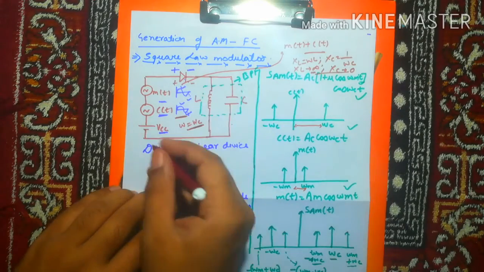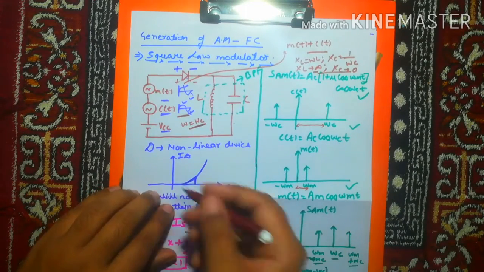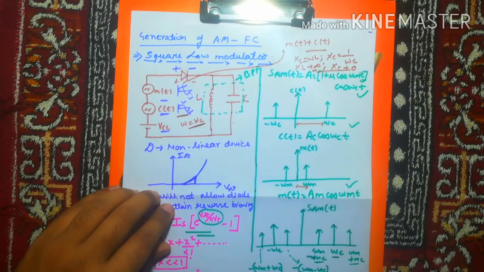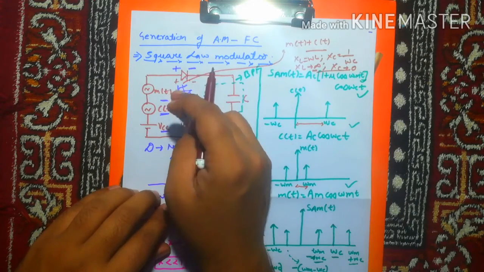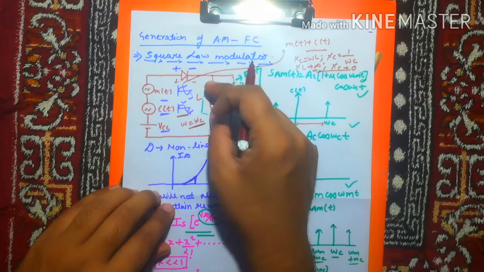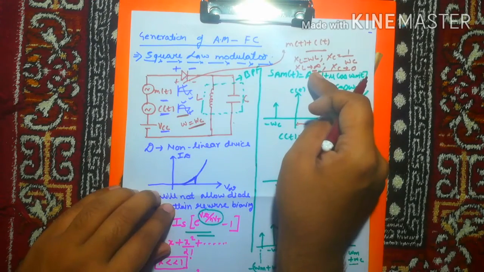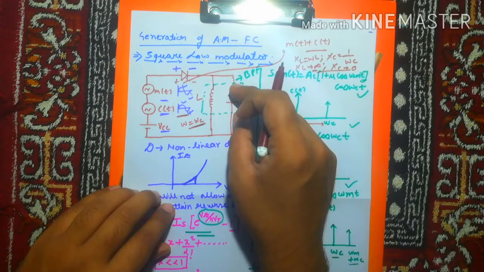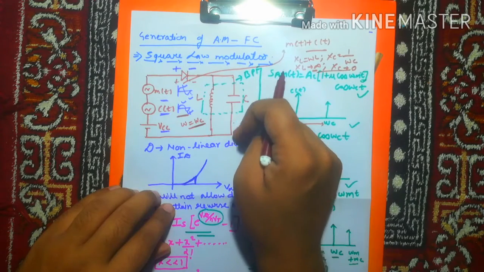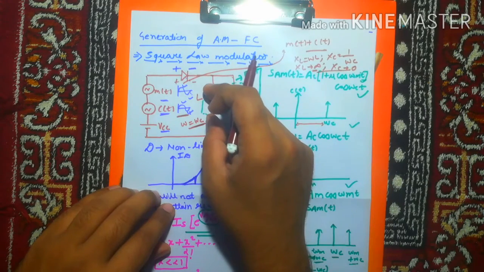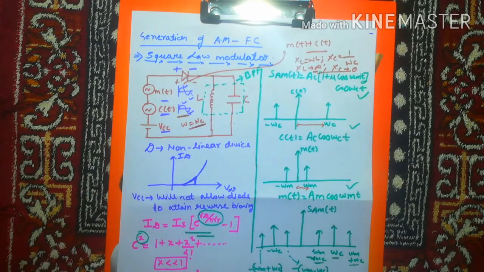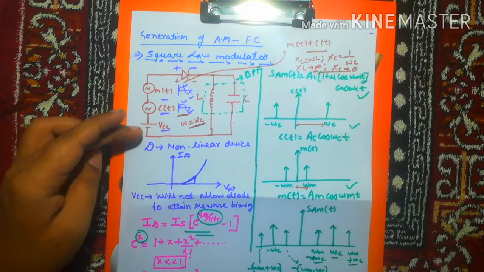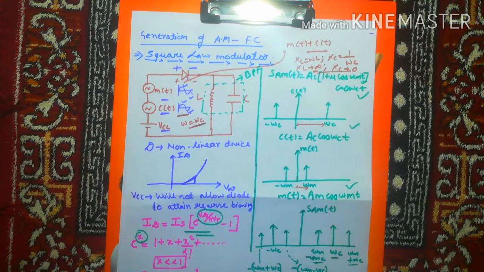And if you put VCC, as we are doing the AC analysis, VCC becomes short. Okay, and if you apply KVL here, this Vd will come as Mt plus Ct because this becomes open because XL tends to infinity, and this XC becomes equal to 0, that is short circuit, and this is open circuit, and this VCC also becomes short circuit because as we are doing AC analysis, the DC voltage source will be replaced by short circuit.